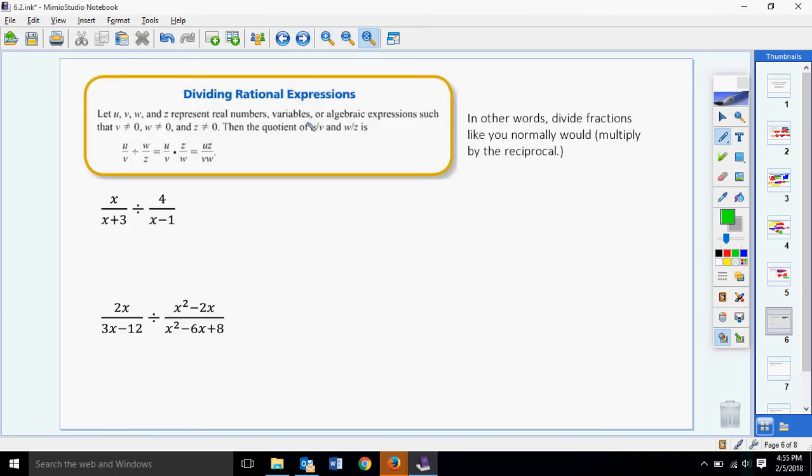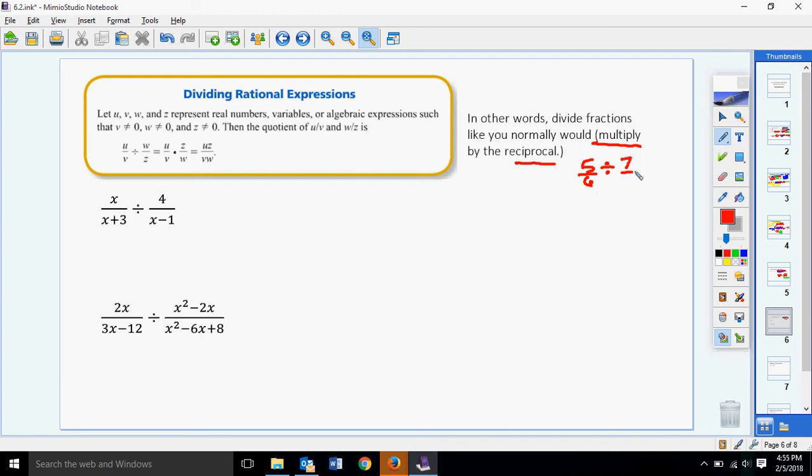Now dividing rational expressions. So we divide rational expressions just like we would divide fractions. Now remember, when you divide fractions, it's the same as multiplying by the reciprocal. So if I had 5/6